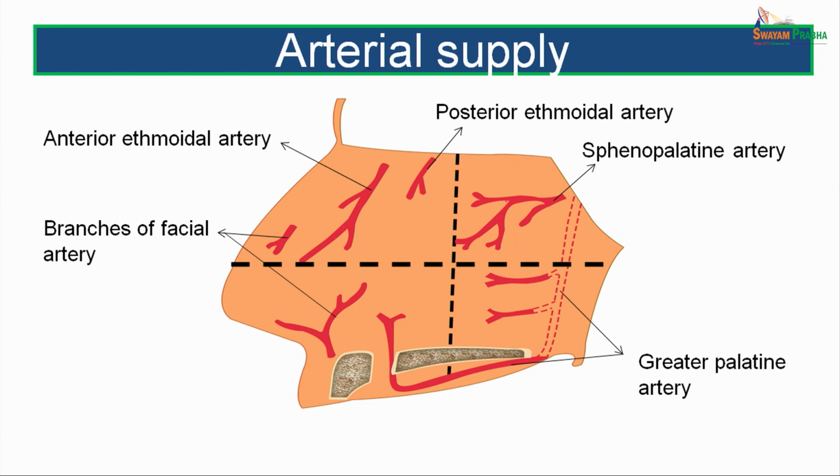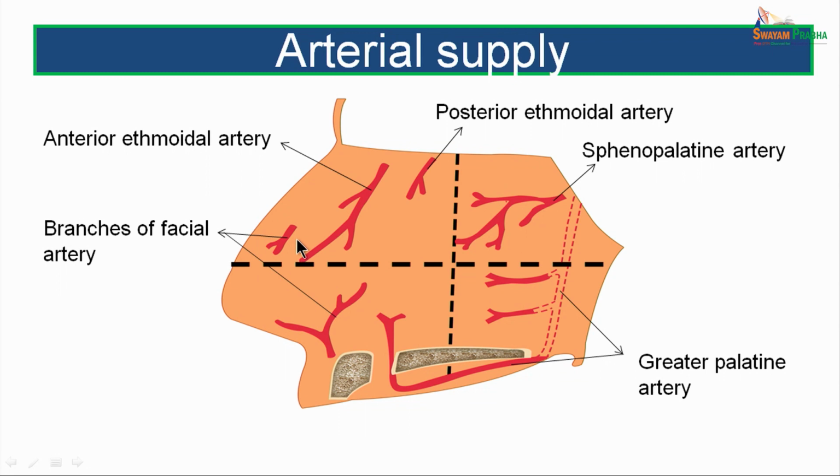As is seen in this diagram, the anterosuperior quadrant is supplied by the anterior ethmoidal artery, which is a branch from the ophthalmic artery. Also, some part is supplied by the posterior ethmoidal artery and the branches coming from the